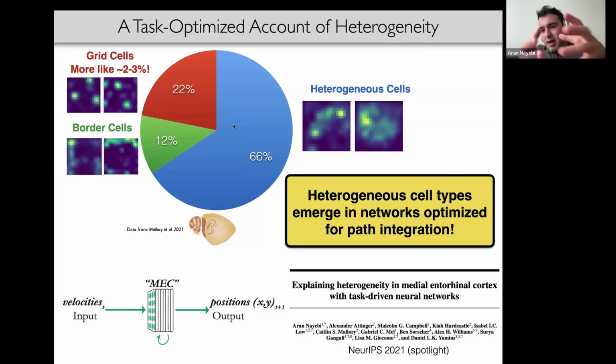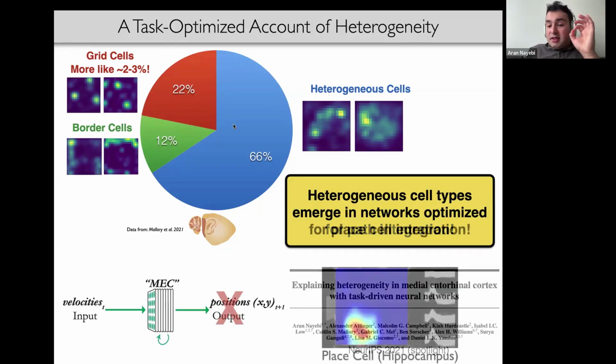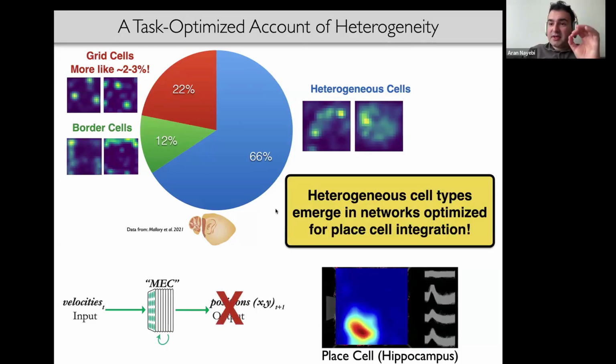This percentage, by the way, is a percentage I actually quantified in the brain data. It was collected by my collaborator, Caitlin Mallory. And in fact, it also mattered what type of objective function was used for that path integration, for that navigation. It turned out that you actually had to put in simulated place cells, not just XY positions directly, in order to get this distribution. And that kind of makes sense physically because hippocampus kind of rests atop of medial entorhinal